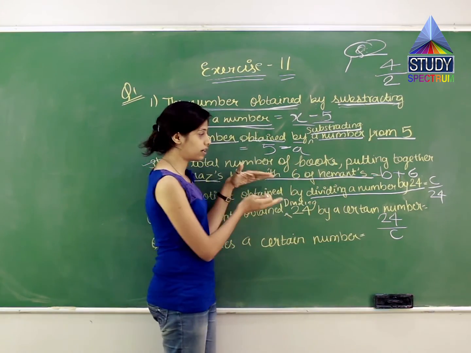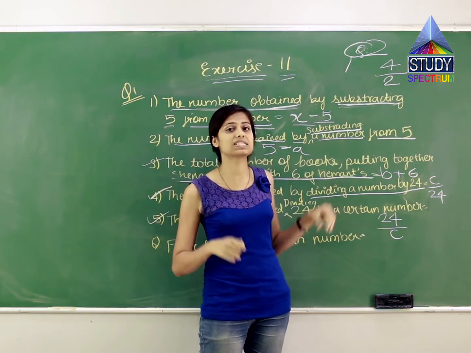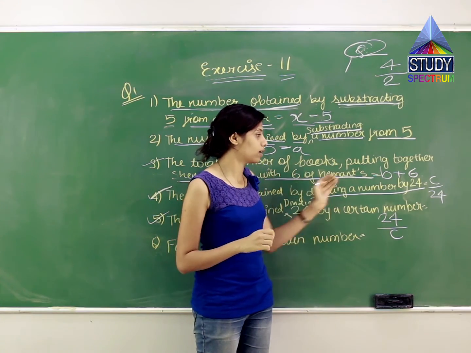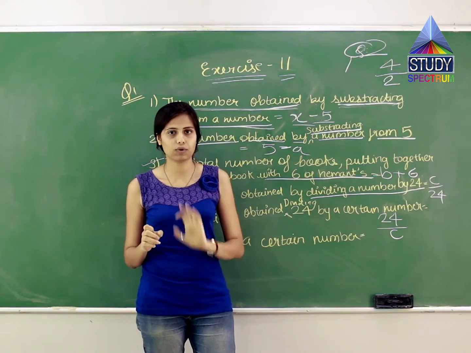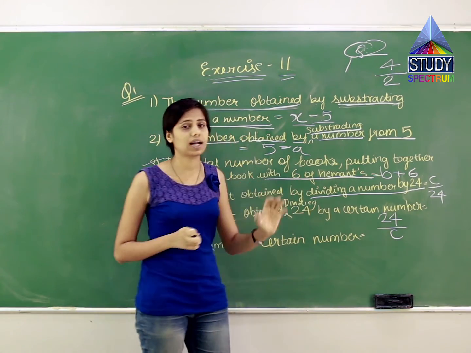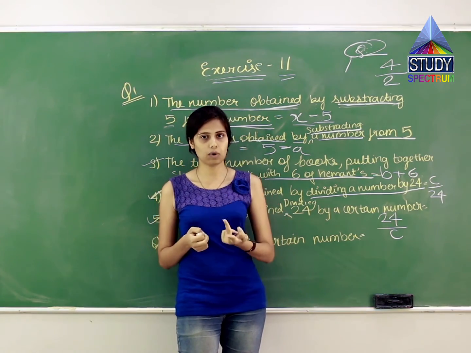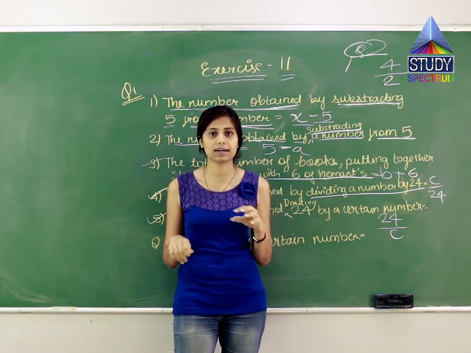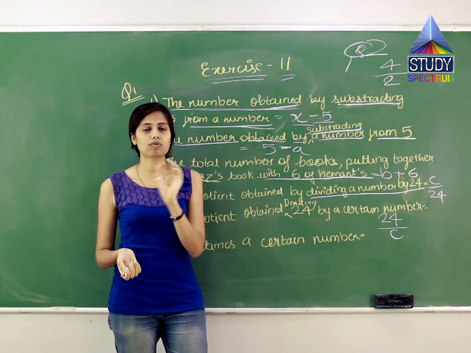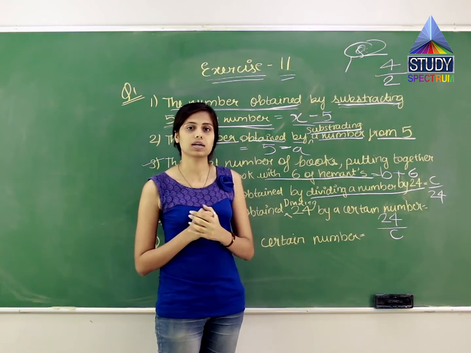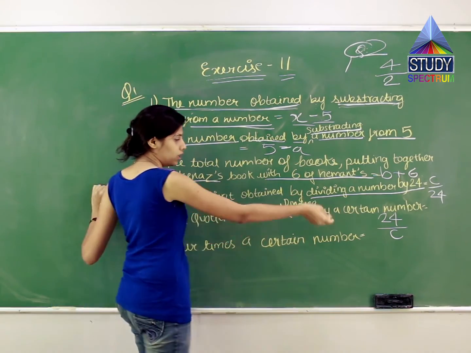So clear? There is a difference between them. Read the language. In the first question they were telling you a certain number is divided by 24. So over here we have replaced that certain number with C and by 24 we have written. But in the next question they are trying to tell you that 24 is divided by a certain number. उल्टा बोला है. तो what I will do, 24 will be in the numerator and किससे divide करना वही नहीं पता, तो we will replace that with a letter from A to Z, which over here I have taken C.